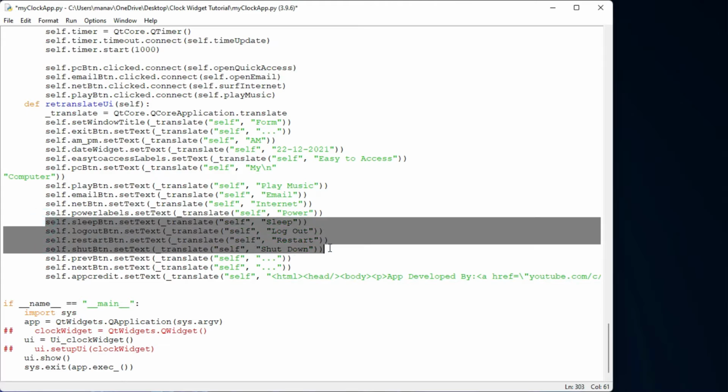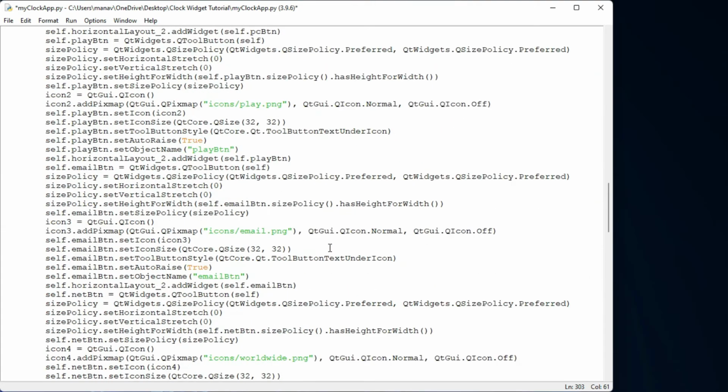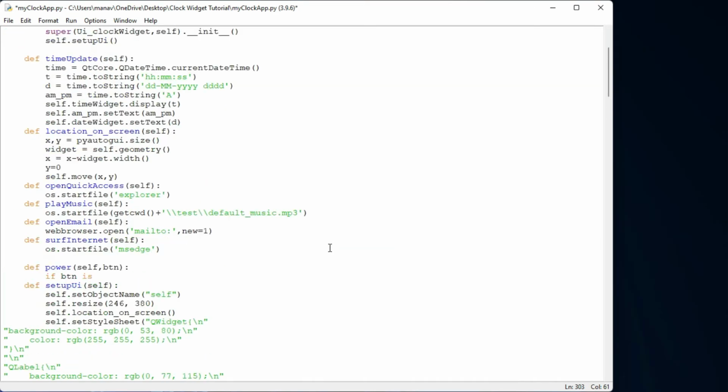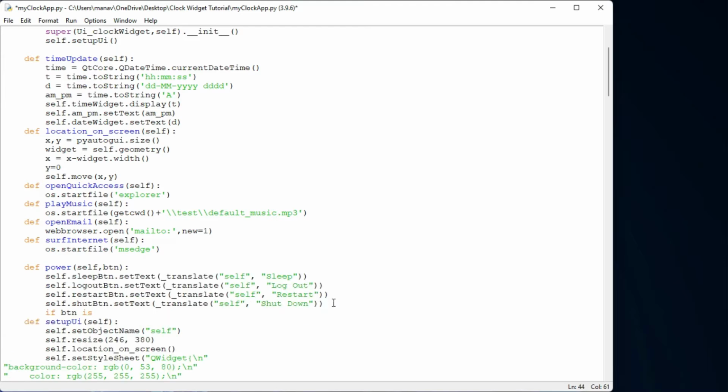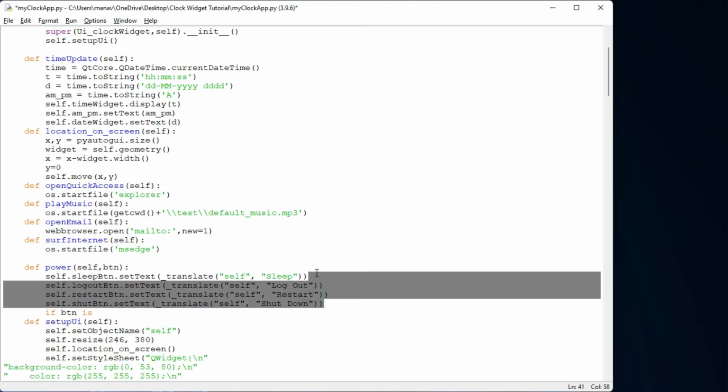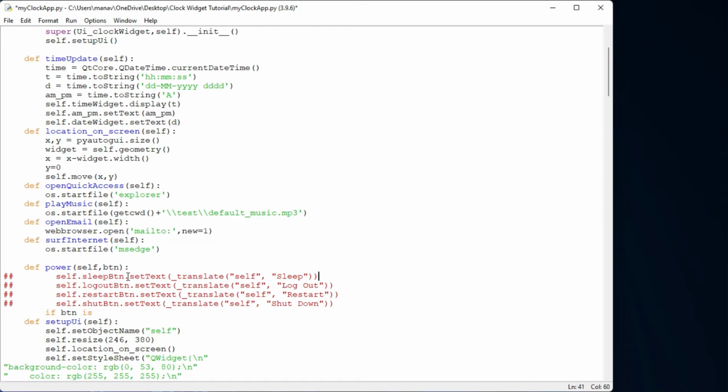I can just copy these for reference. I can come here under our power function, place them here and comment them out, just for the names of the buttons. So these are our 4 buttons.